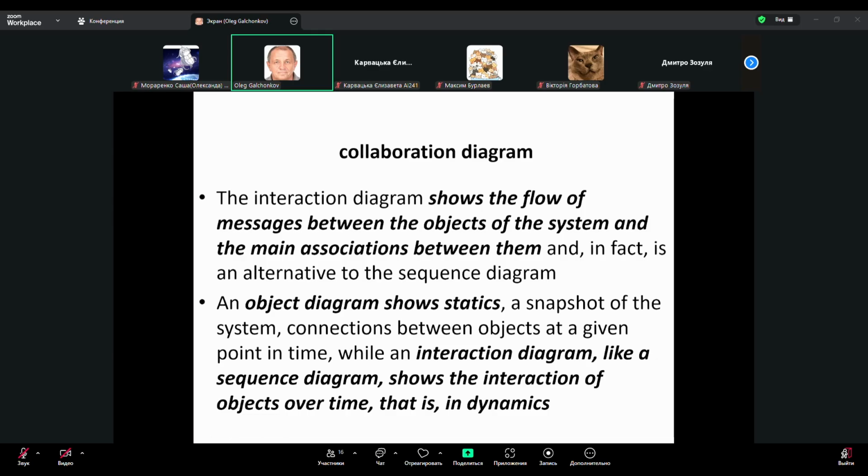Next type of diagram, collaboration diagram. The interaction diagram shows the flow of messages between the objects of the system and the main associations between them, and in fact is an alternative to the sequence diagram. An object diagram shows statics, a snapshot of the system, the connections between objects at a given point in time,